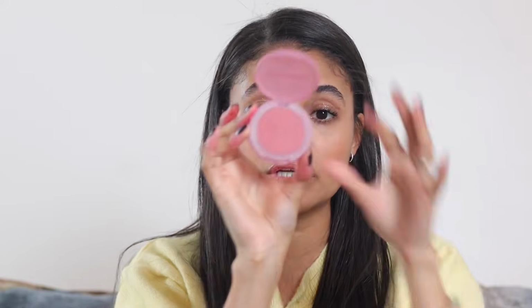And I will say, with these ones, they definitely have a blurring quality to them because they are a matte product, and anything in general that is matte does have some good blurring qualities to it. So it definitely has that. What I will say is, depending on the shade that you get, you might feel like it's a little bit more chalky feeling, and chalky sounds negative, and I don't mean it to sound negative because it isn't. I actually really like this formula, but it does have a very powdery feel to it,